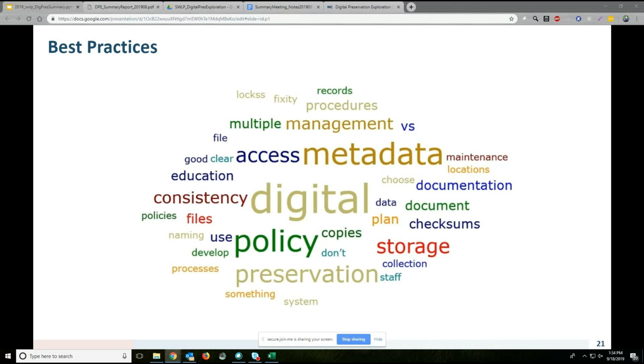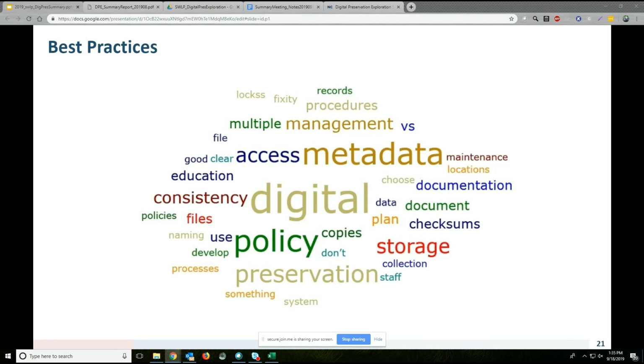Regardless, there was one theme to rule them all, which was start where you are. That was one of the best practice takeaways people discussed often. The concept that you probably can't do it perfectly. It's better to get started somewhere and continue moving forward instead of trying to wait. Participants agreed that while it was good to aim for digital preservation practices that adhere to professional standards, small steps are better than nothing. So one of the most popular best practices that was mentioned was policy, developing a policy,